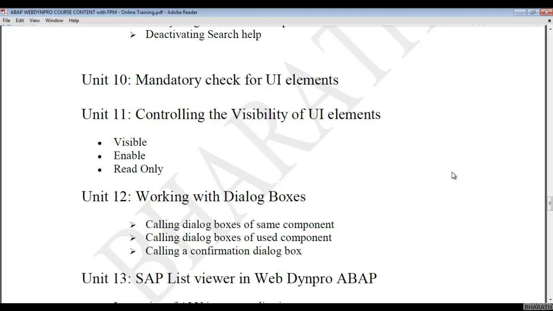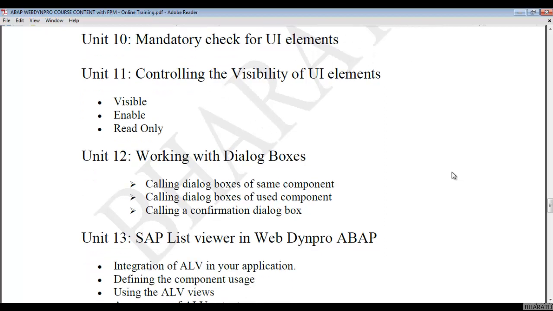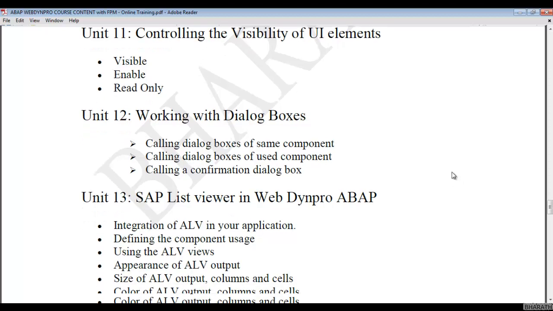And then the other unit is working with dialog boxes, calling dialog boxes of the same component. A dialog box is similar to a pop-up. We can also call a pop-up a dialog box. You can open a pop-up of the same component, or call a dialog box of another component, or display a confirmation pop-up. So we will see three different ways.